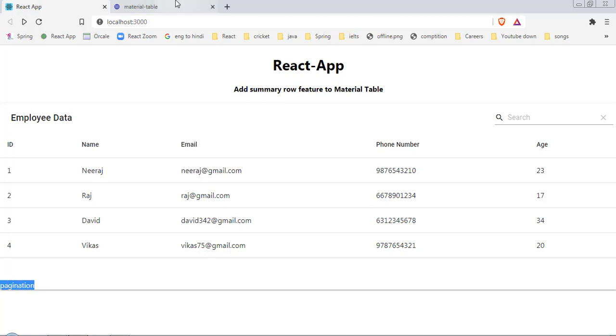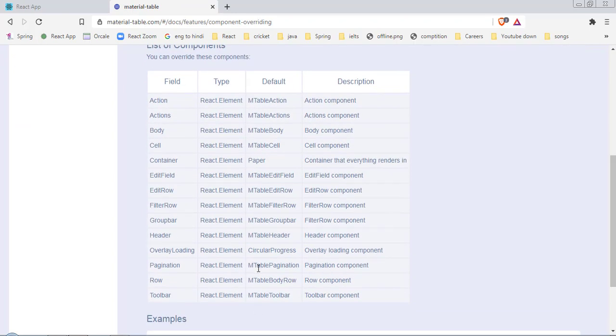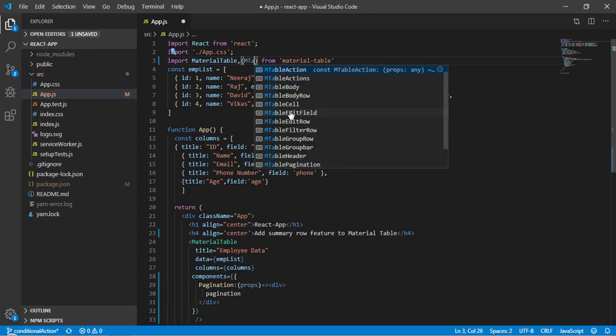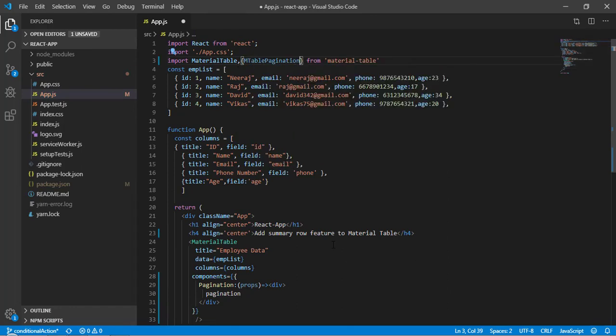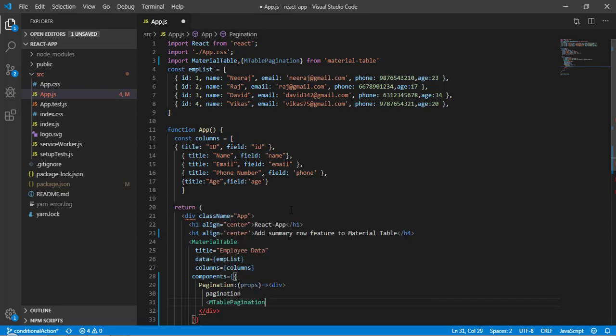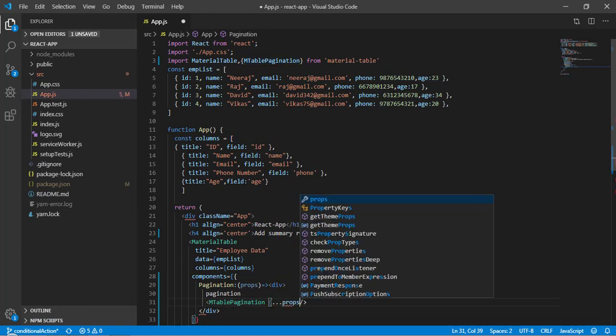Now we have to override this, so we need to extend this MTablePagination property from the material table. So here I can import MTablePagination, and instead of returning this alone, I will write MTablePagination here, and whatever props I am getting, I will spread here, so props.